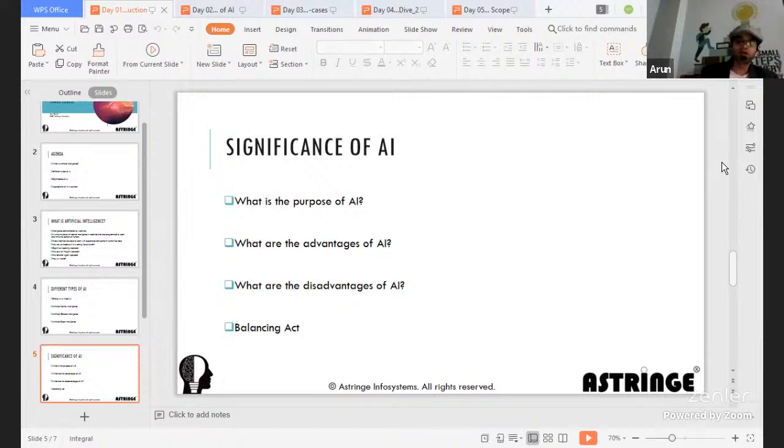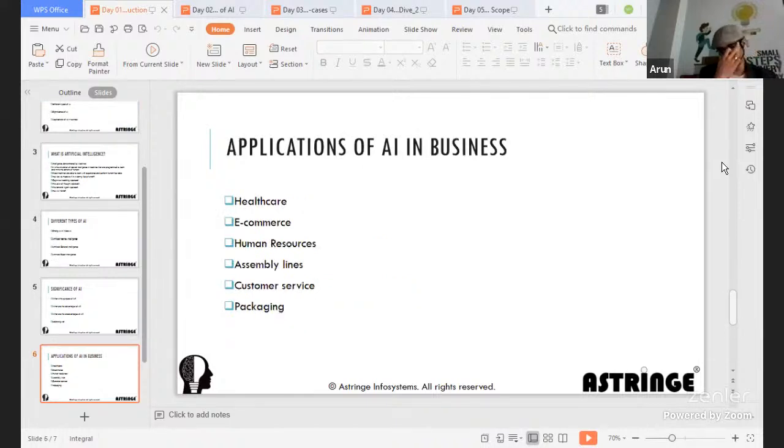Now, having said that, where all could AI be used? AI could be used in various places. It could be used in healthcare, e-commerce, human resources, HR, or in assembly lines in production, in customer service in your typical sales or customer service department, or in packaging and logistics.